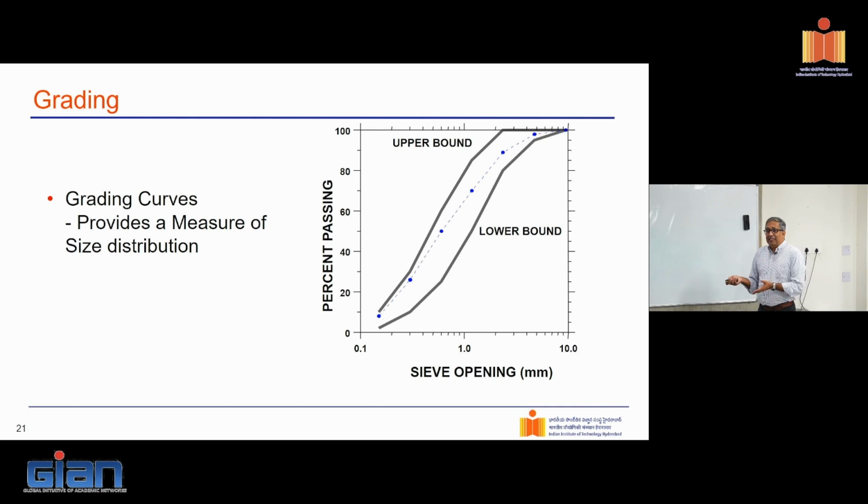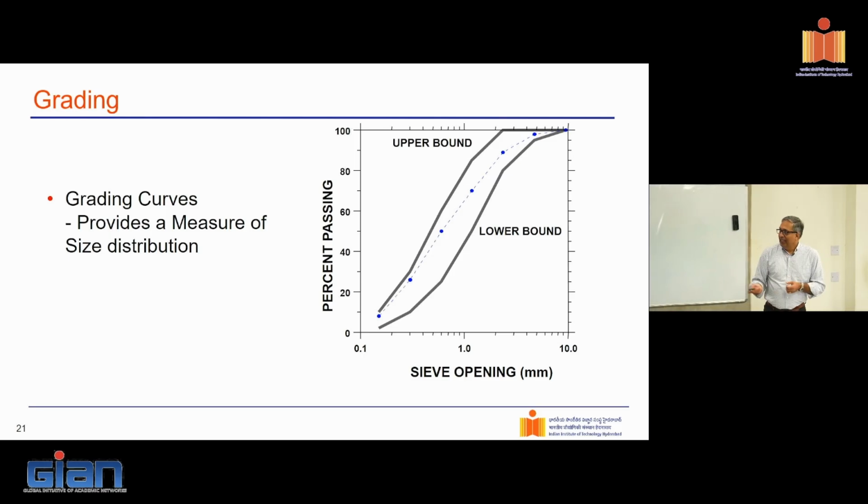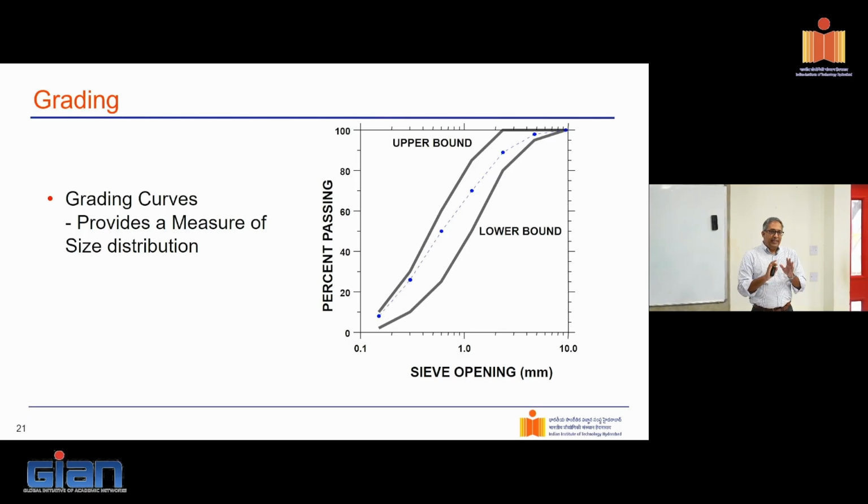Now, why is this not precisely a line? Why do I get a band over here? The reason I get a band is because I'm not dealing with spheres. These are irregularly shaped, and every time I crush aggregate, I'll get a different shape distribution. It's not going to be the same. And remember, the packing game is all about packing the volume. So the shapes matter, and I cannot give you a precise mathematical relationship. What we typically give you are these upper and lower bounds. And we say, well, if it fits in those bounds, we expect the aggregate to be well graded.